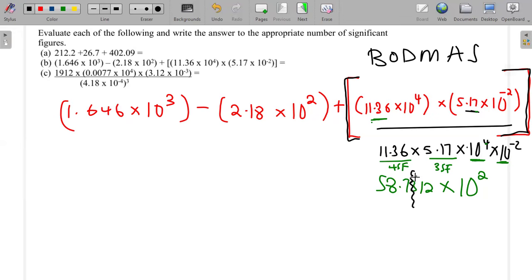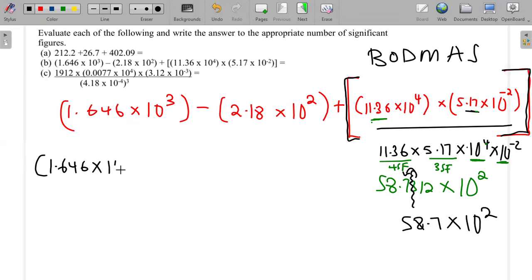Okay, so this 3 is less than 5, so I add nothing to the 7. So it will be 8.7 times 10 to the power what? 2. Okay, so that is what I get there. So I have in this first brackets